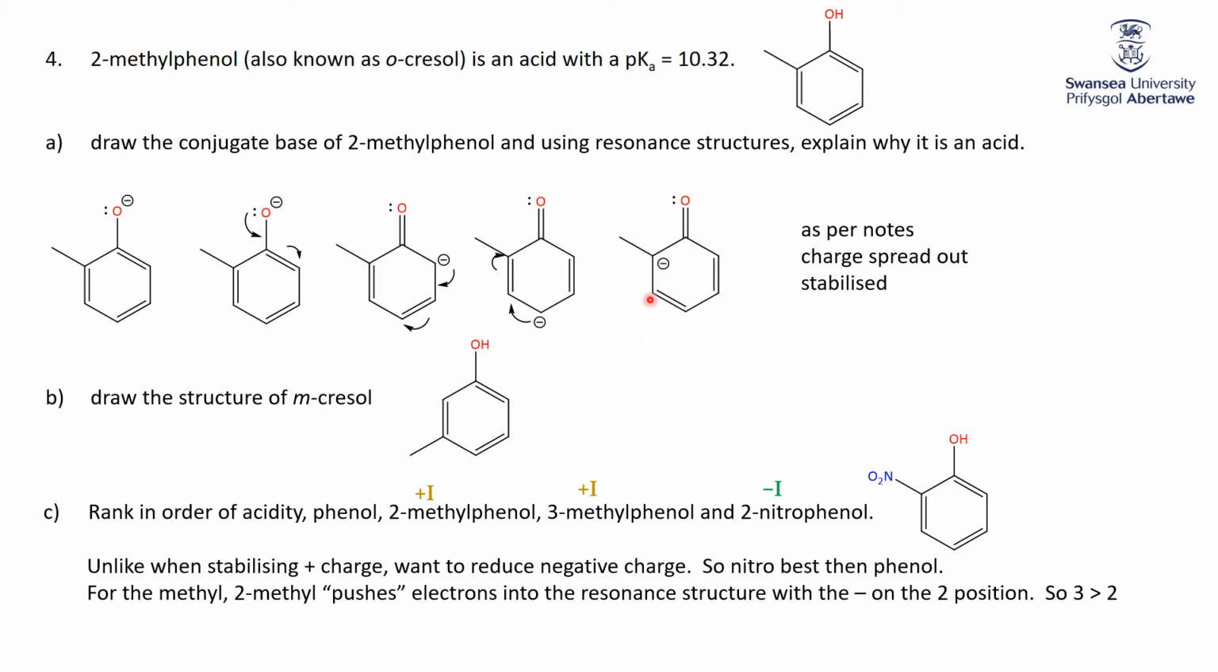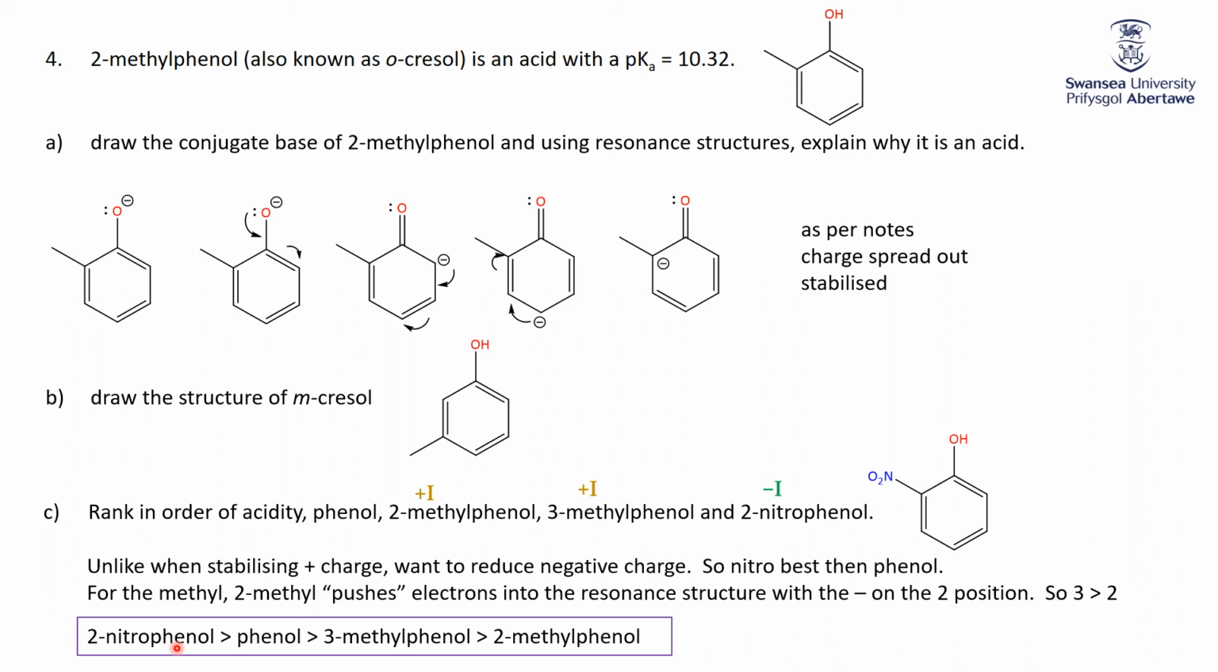When we have the 3-methyl, the metacresol, there's not actually a resonance structure that has the extra negative charge on that carbon 3. So therefore 2-methyl is going to be nastier than 3-methyl. So the 3-methyl is a better acid than the 2-methyl. So the overall ranking: